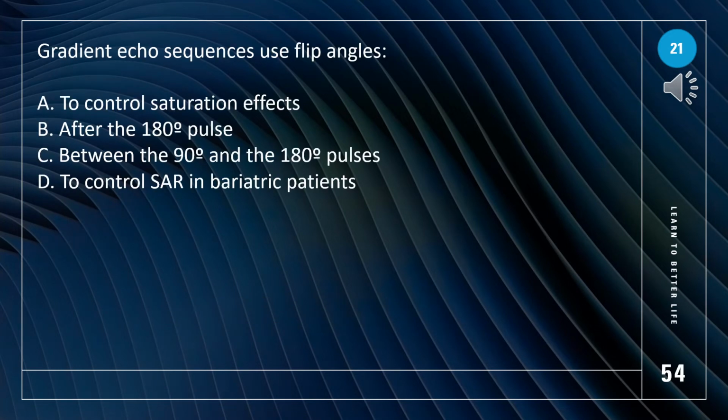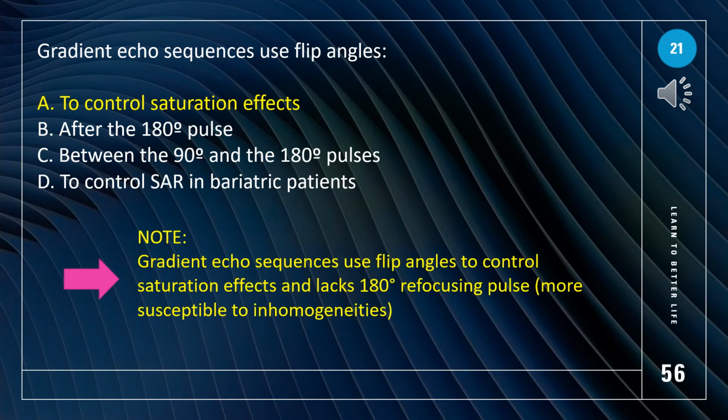Gradient echo sequences use flip angles, A. to control saturation effects, B. after the 180 degrees pulse, C. between the 90 degrees and the 180 degrees pulses, D. to control SAR in bariatric patients. The answer is A. to control saturation effects. Gradient echo sequences use flip angles to control saturation effects, and lack a 180 degrees refocusing pulse, therefore, more susceptible to